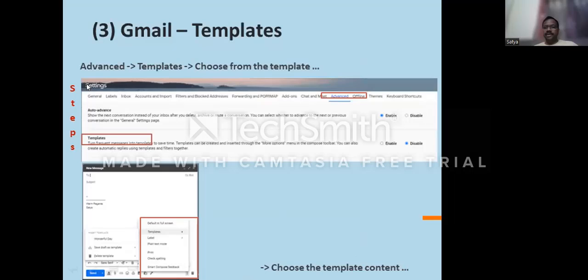So for example, how you go ahead, first go to the settings. There is one of the options called advanced settings. So in the advanced settings, once you scroll down, you have something called templates. So by default, it is